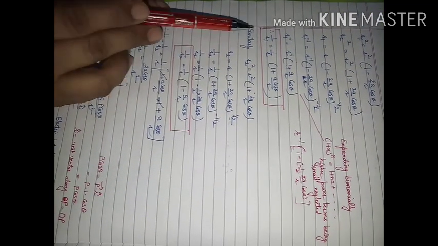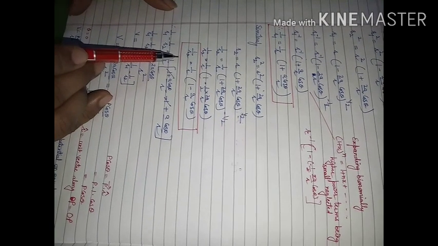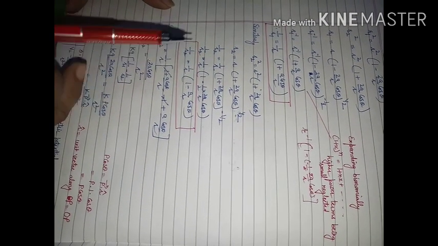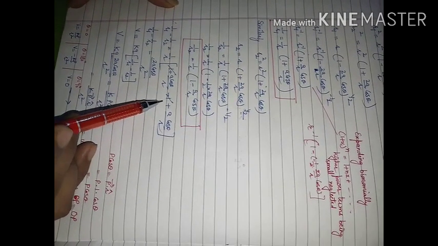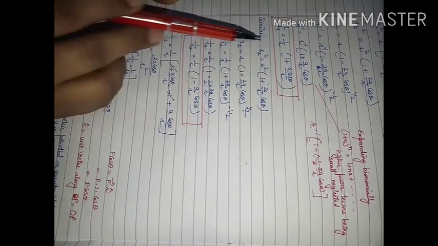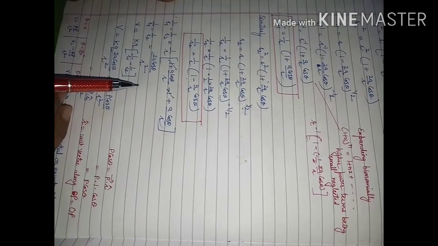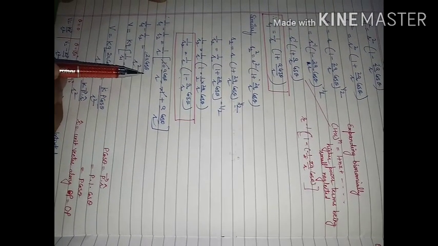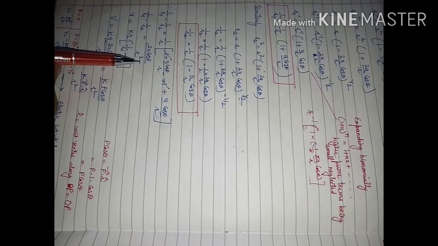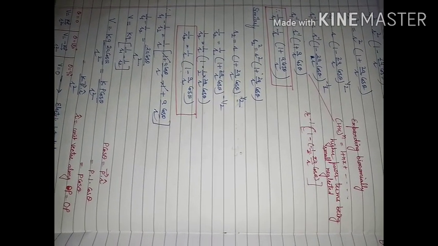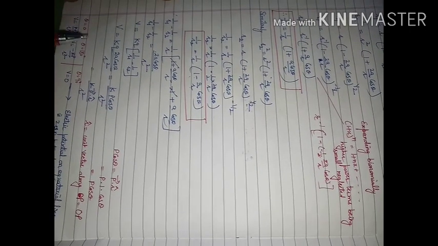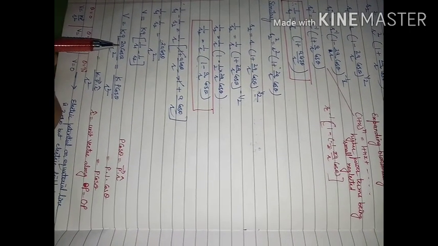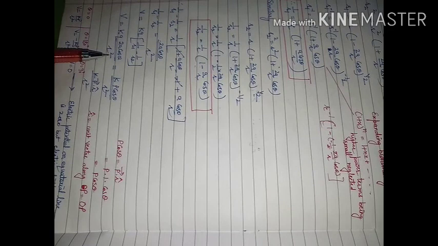Then we will have 1 upon r1 minus 1 upon r2, because actually we were in need of 1 upon r1 and 1 upon r2 to find the net value of potential. So subtract this equation from this. When you subtract, you are left with 2a cos theta divided by r square. Put this value in the equation for net potential. After putting this, we will get kq 2a cos theta divided by r square.